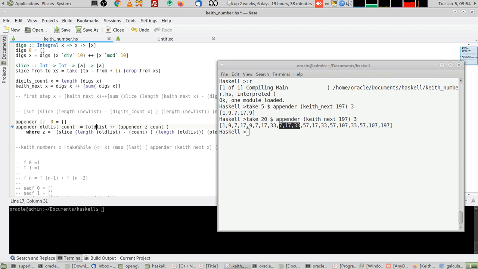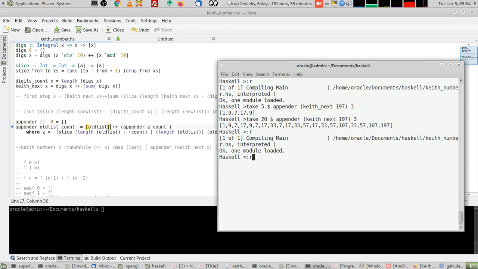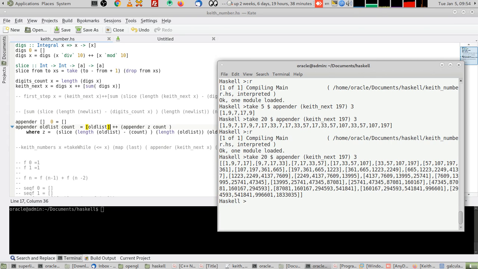So if I get back there, this way, and let's reload. Okay, see, now this way I have grouped them as such. So the sum in each step is going to be the last one in each element, which is a list. Then next I'll use the map last here, as you see,